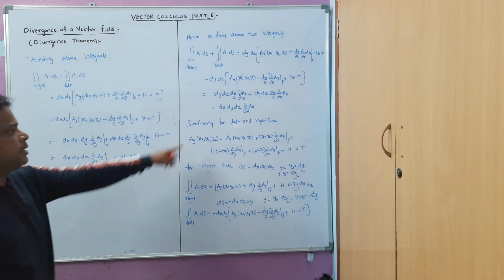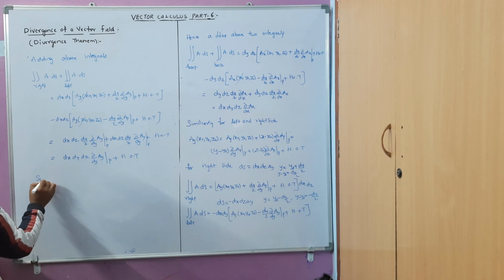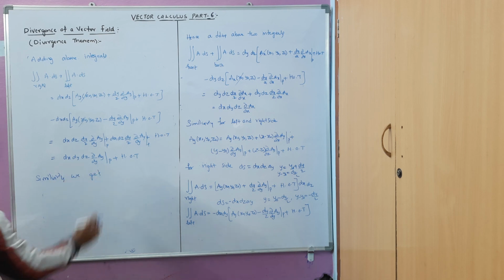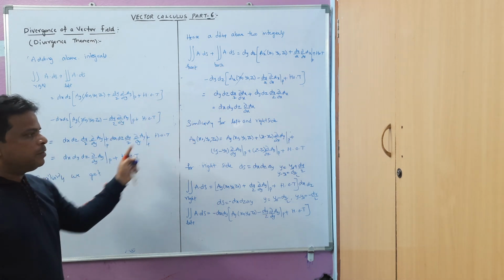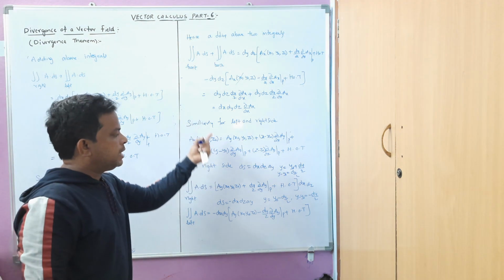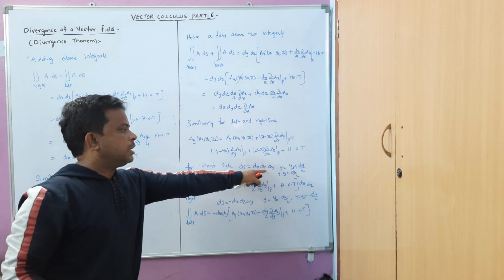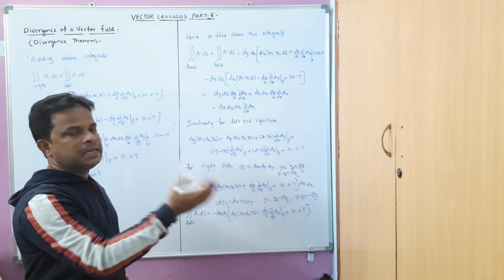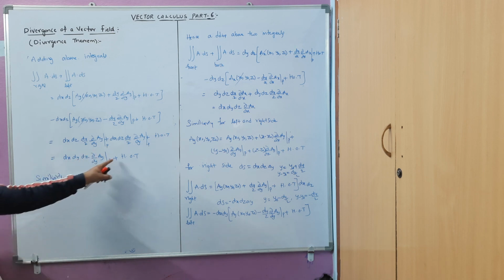Similarly we can evaluate for top and bottom. So let us do that one. Let us write directly, because after evaluating these two integrals we are familiar with what we get for the top side. We are having dx into dy. For the top I will get az, unit vector. For the bottom side we will get dx dy into minus az, and after cancellation we are left with dx dy dz dou by dou z of az at point P plus higher order terms.